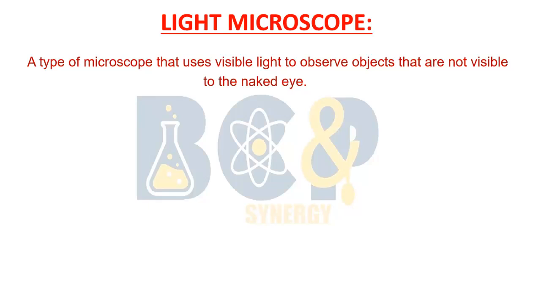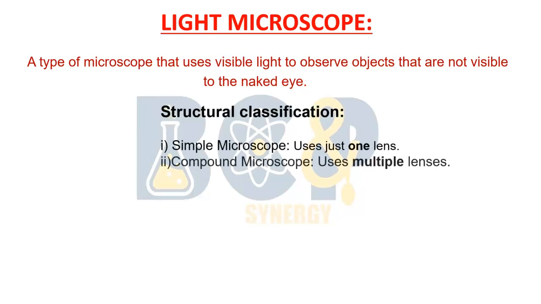On the basis of structure, light microscope is classified into the simple microscope and compound microscope. Why is a light microscope simple? Because when there is only one lens in light microscope, it is called simple light microscope. While when there are more than one lenses used in a light microscope, then it is said to be compound microscope. Simplest example of compound light microscope is a microscope that is placed in your biology lab in schools.